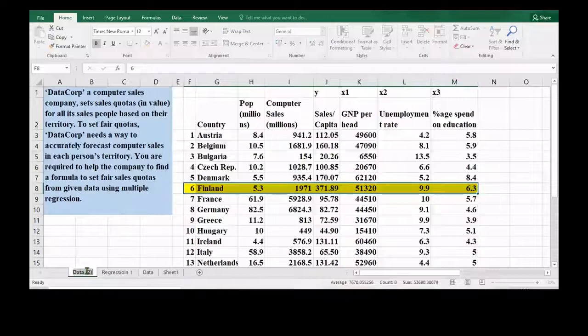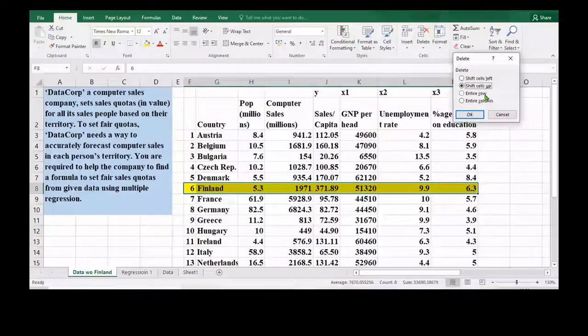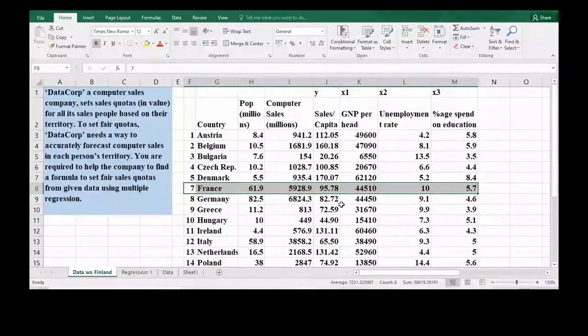Now it is labeled as data 2, but for our understanding, let me label as data without Finland. So now let me delete this data. Okay, so I have deleted Finland's data. Now I have just removed the outlier from the data set.